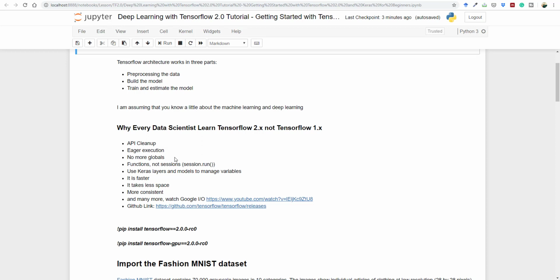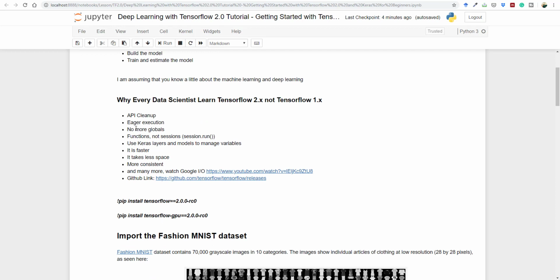While defining the variables, TensorFlow 2.0 doesn't use any global variables. TensorFlow 2.0 has also removed sessions. Earlier in TensorFlow, we had to use session.run, and now TensorFlow 2.0 brings it like a function call. Moreover, TensorFlow 2.x brings Keras to the core of TensorFlow, which ultimately